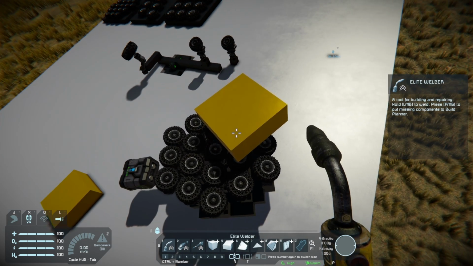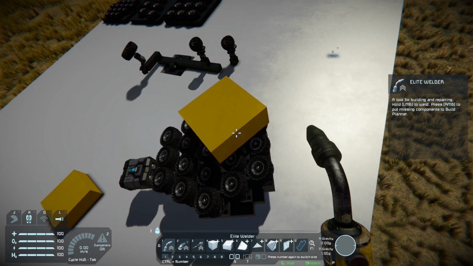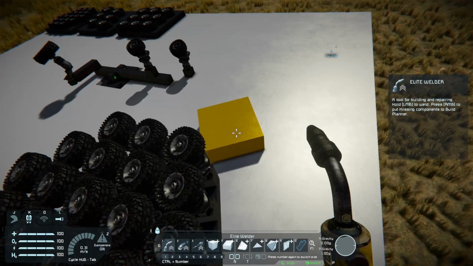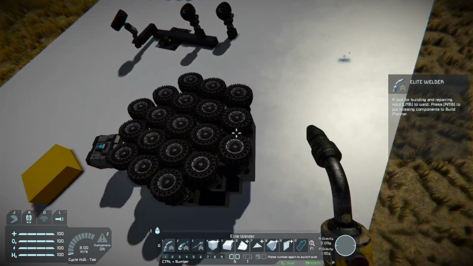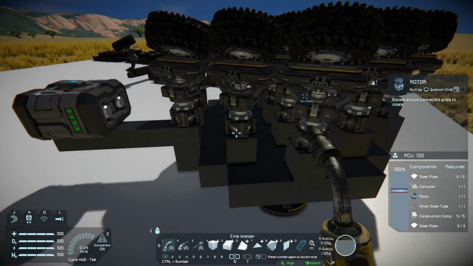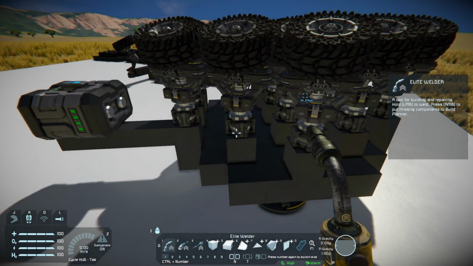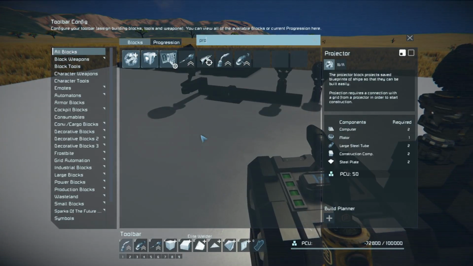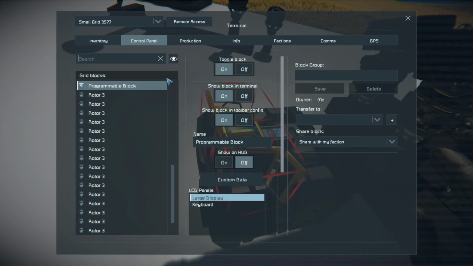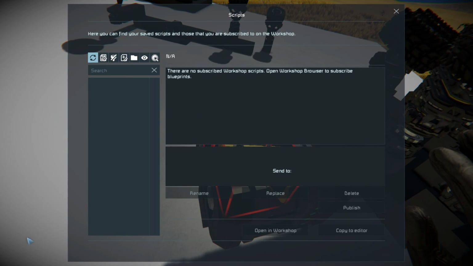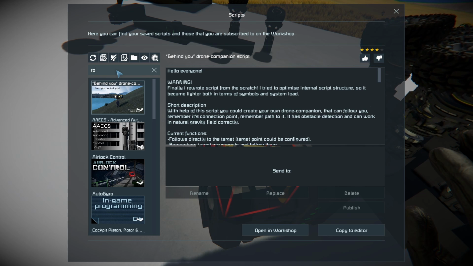It's actually pretty cool. Now, the one problem with this is I don't think there's any scripts in the game that I know of that I can control the direction of a... Actually, do I have any scripts where I can control a rotor? Let's get a programmable block quickly. Do I have any... edit scripts. Script? There we go. Do I have any rotor...